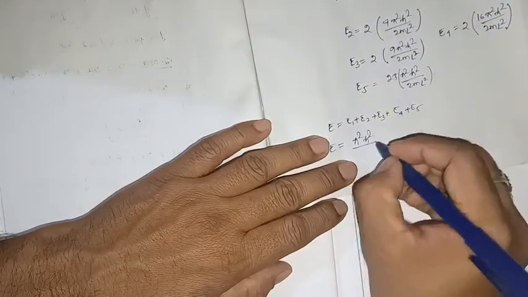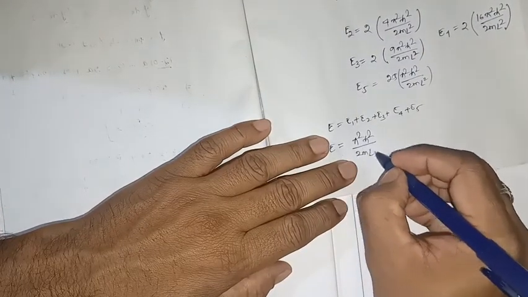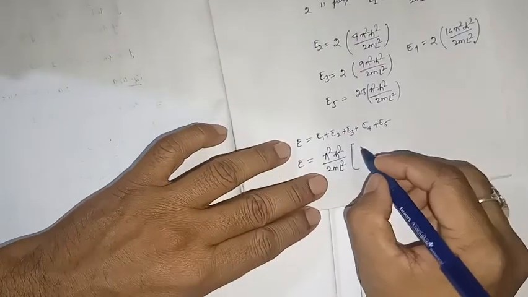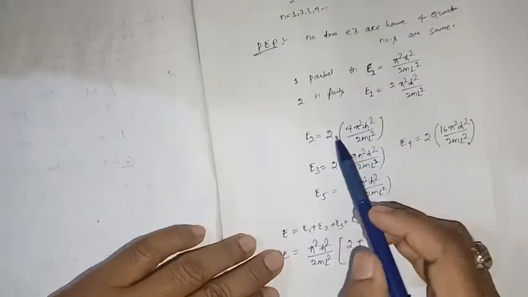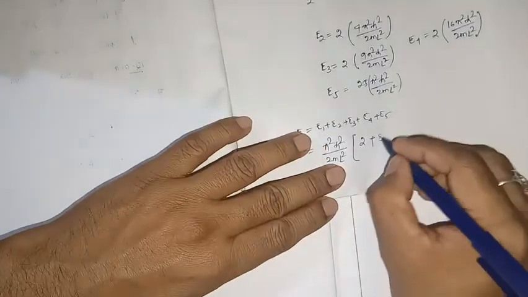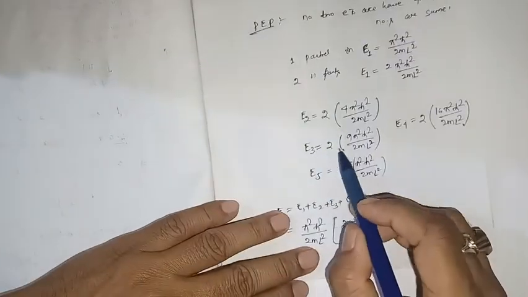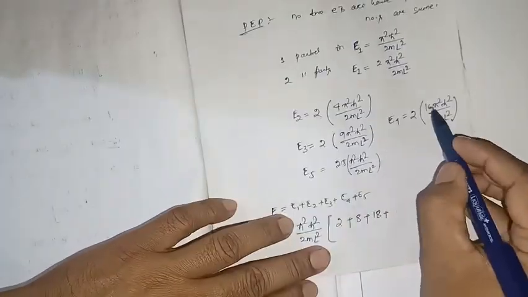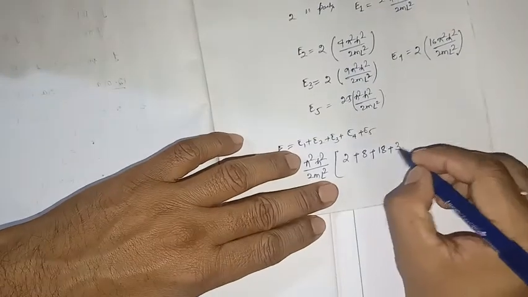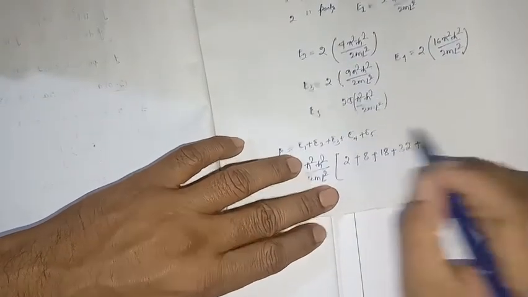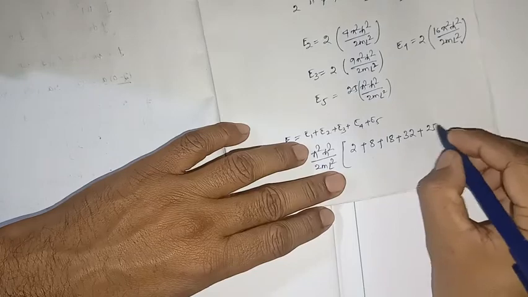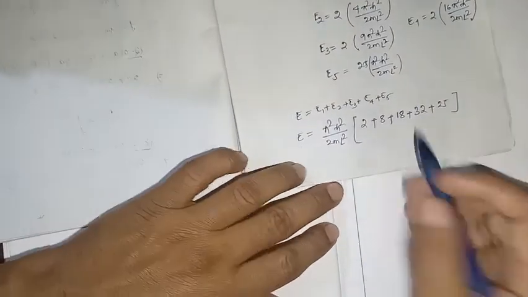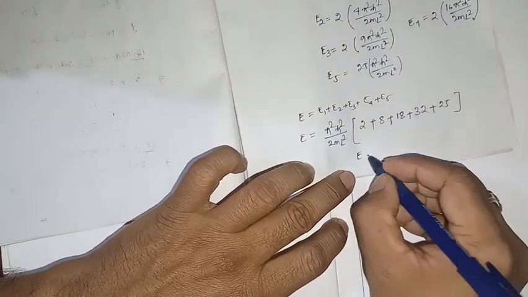Pi square h cross square by 2m l square taken outside. So for E1 it is 2, for E2 it will be 2 into 4, 8, plus E3, 2 into 9, 18, plus E4, 2 into 16, 32, plus 25. Okay, 25. Now we are going to add these numbers, so total energy will be equal to,